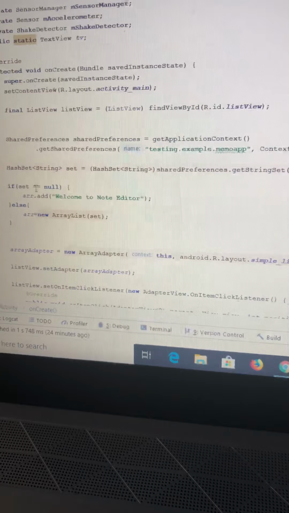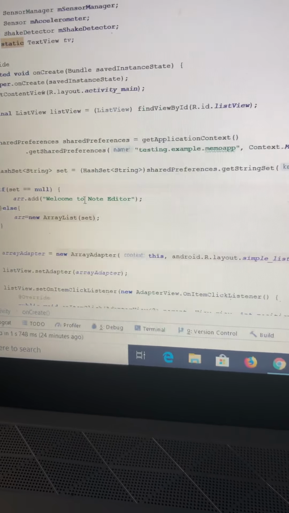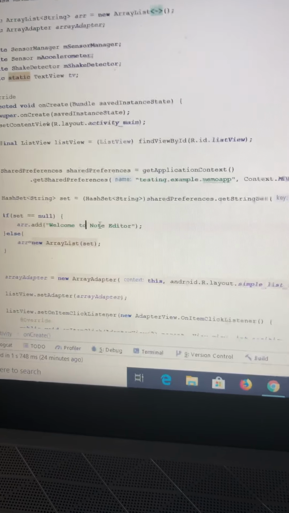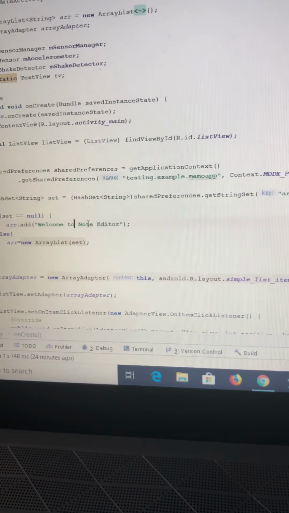If the hash set is equal to null, it means it will show the welcome note editor. It means that when I start the app, there is no original note, so I just put the welcome to note editor text originally. And if the set is not equal to null, it means